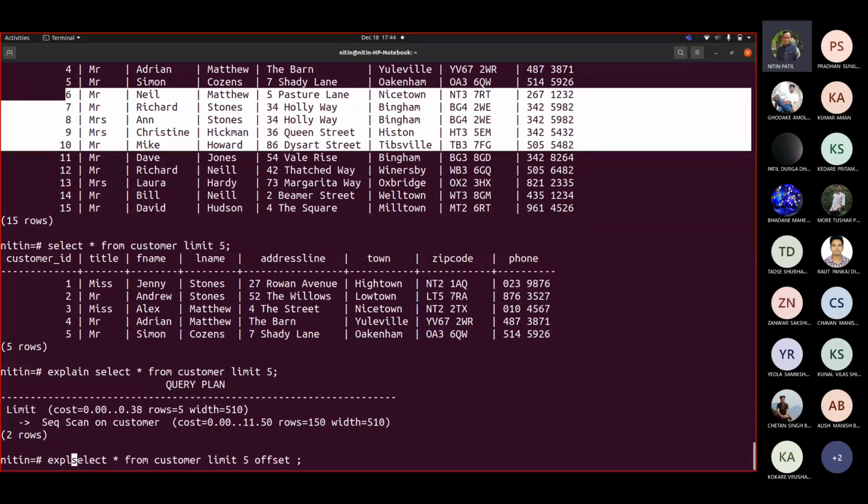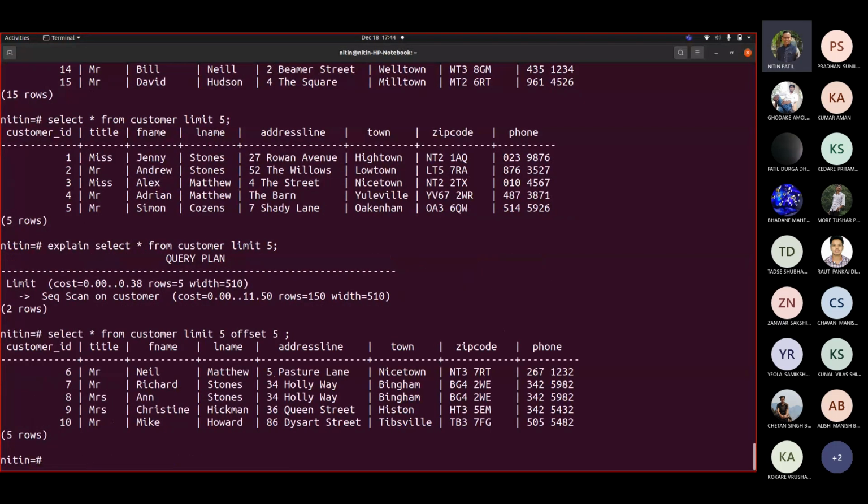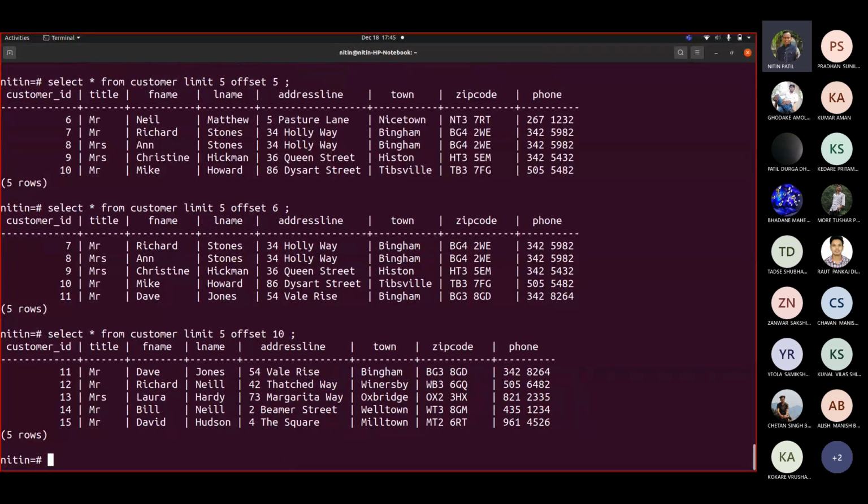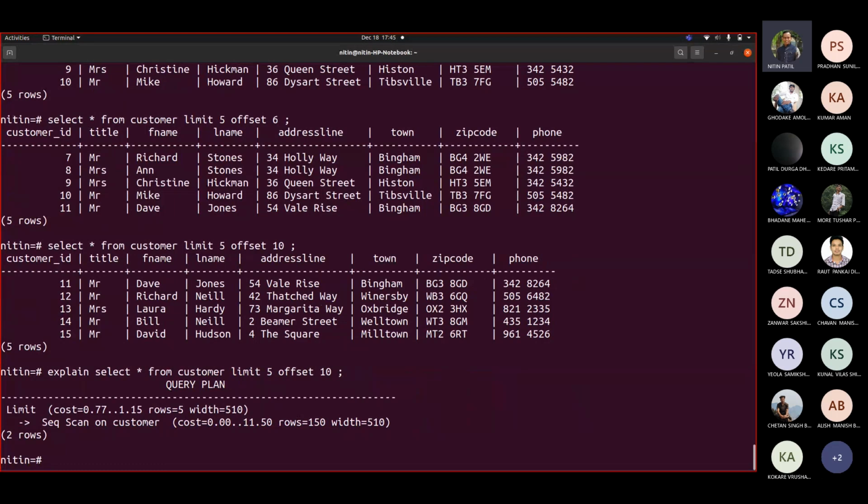Let me remove this explain first. Offset 5 means show 5 records but skip the first 5. If I skip the first 6, then it will show from 7 onwards. If I skip 10, then 11 to 15. Now if I write explain for this too, I can see that there's an operator called limit.